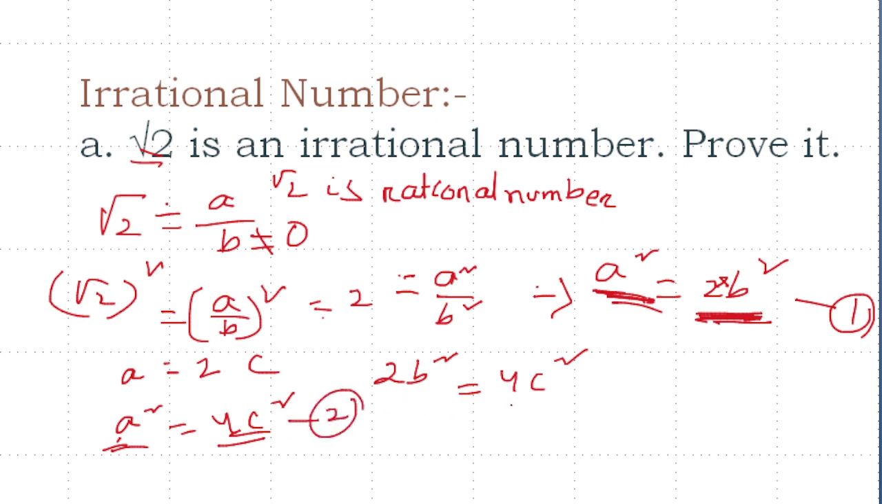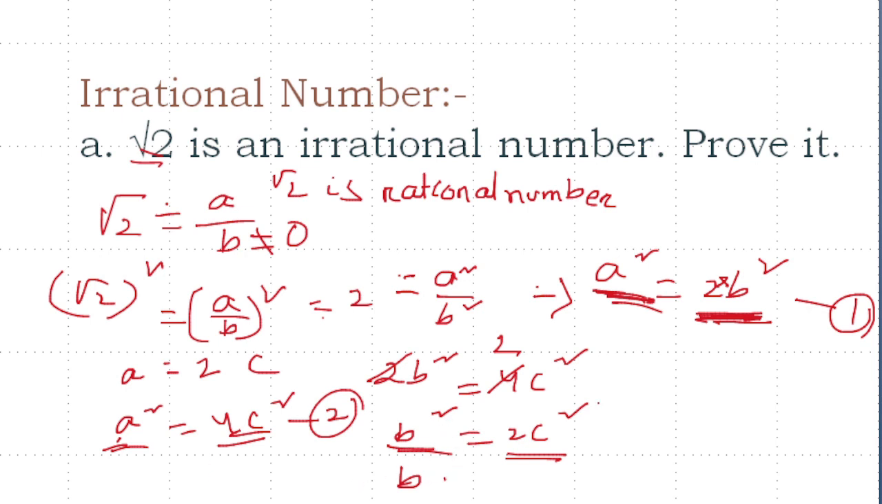Okay, now on both sides, what will become? Cancel 2. Okay, so b square equals 2c square. But then b also is divisible by 2, correct? Because b square is 2c square, it is a product of 2, so b is also divisible by 2. Clear? So now from these both conditions,